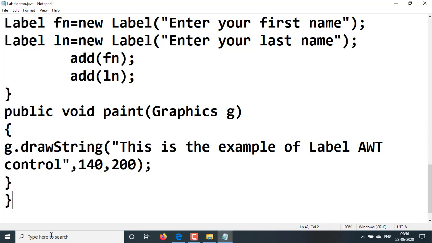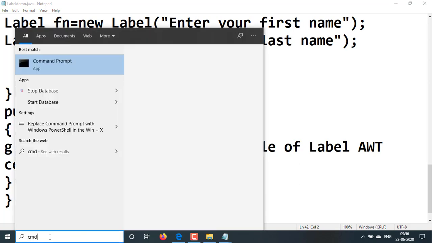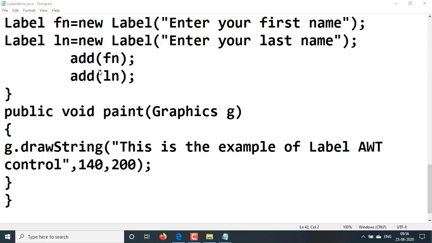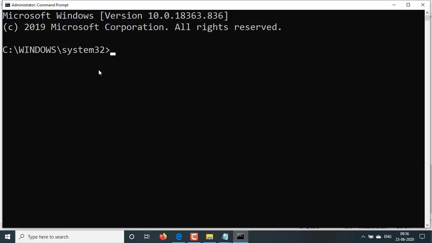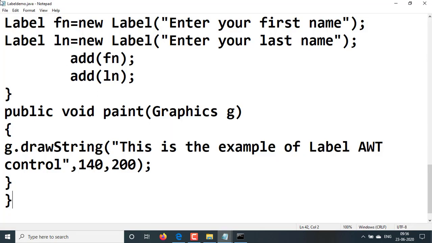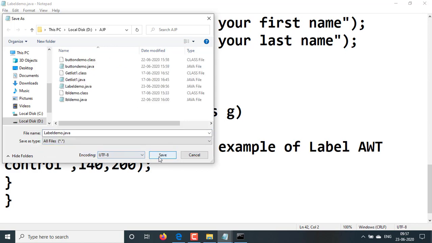Okay, now we need to compile. Start the cmd command prompt, run as administrator. This program LabelDemo is saved into the folder, D drive AJP folder.